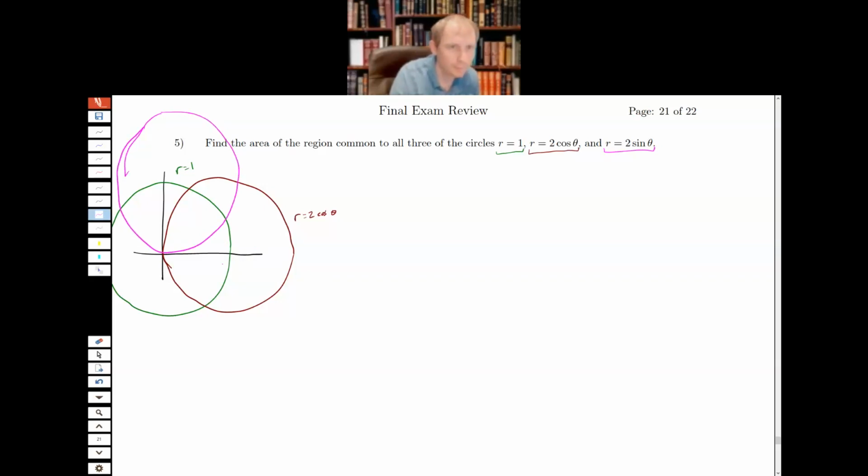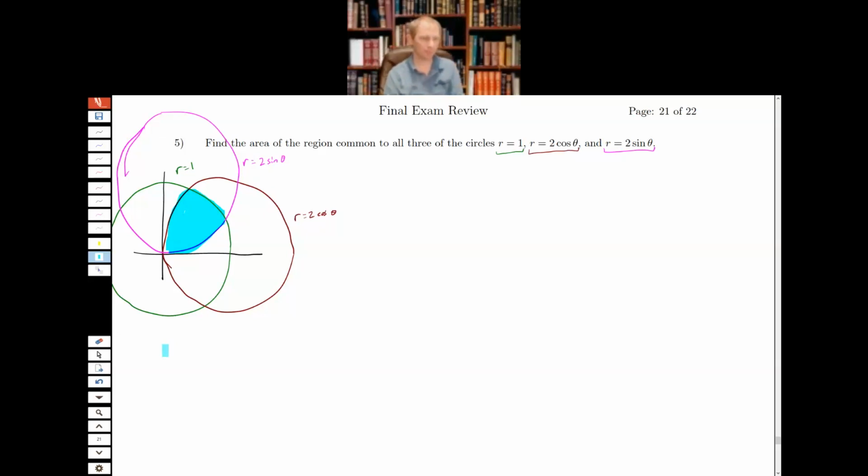Close enough. Okay, so then if I sort of highlight here the region common to all three, that's this region here. And the first thing I need to do is figure out what are the limits of